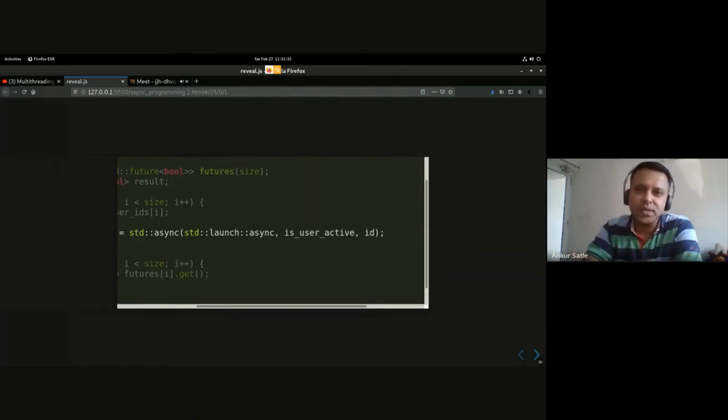And what you get back is a future. So the function returns an int, so you get back a future int. So it will come sometime in the future. That's what you're saying. And that's why you're doing a get afterwards. And when you call the get in the next loop, it will block the current thread till you have the value ready from the thread. Yes.